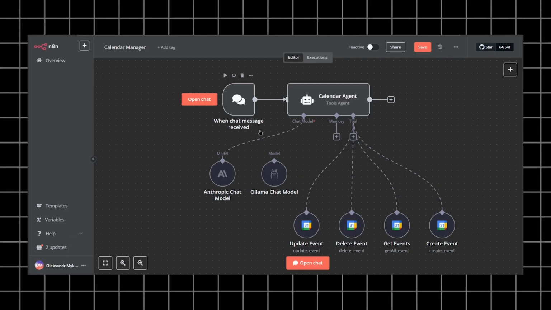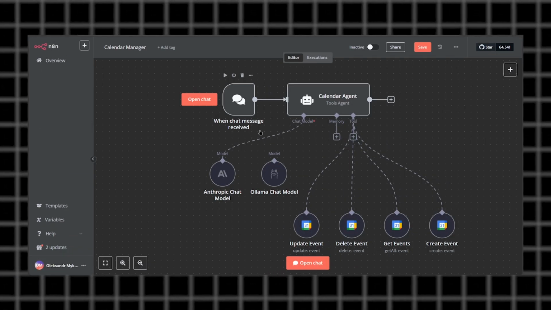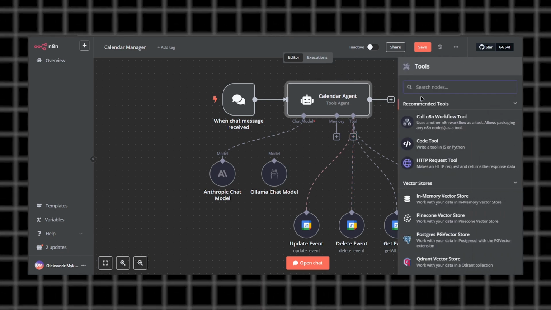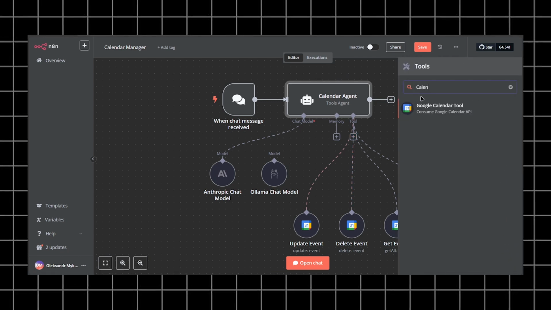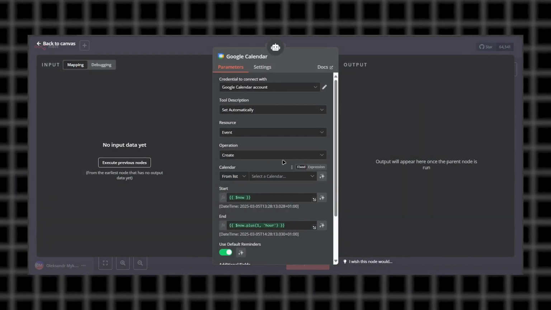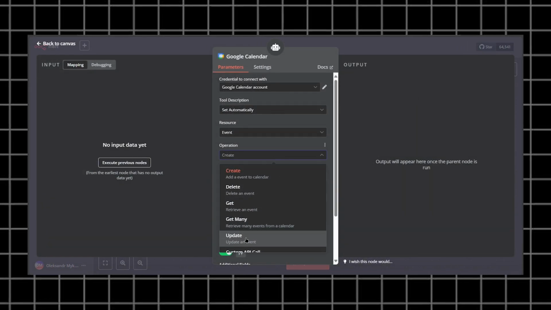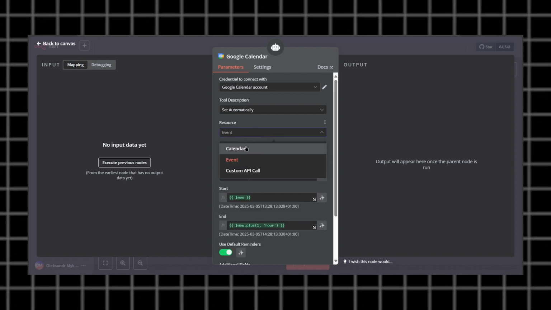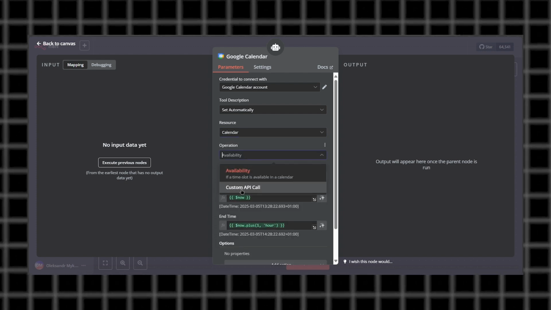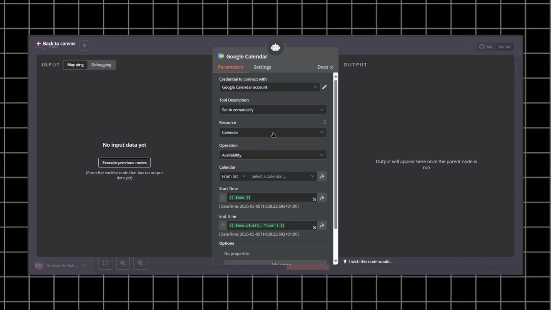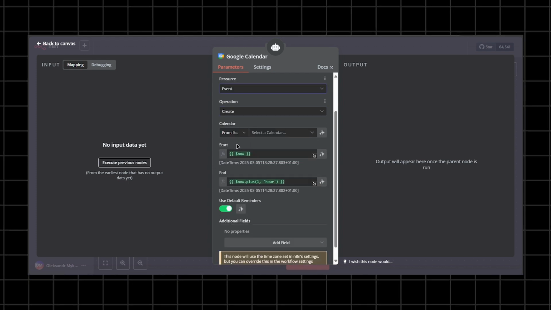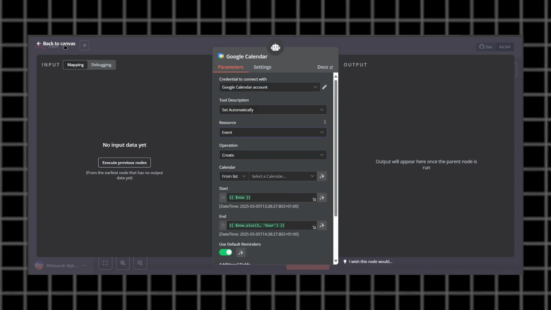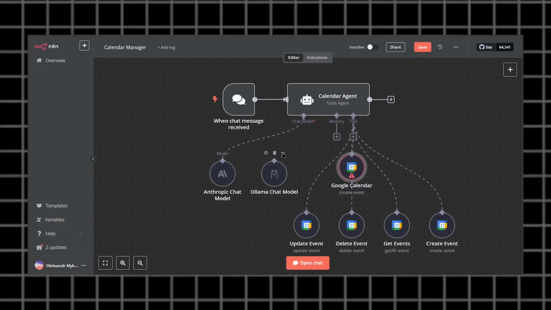If you're not satisfied with the functionality we already have, you can go to tool, select this plus, and add another calendar tool. For example, you can specify in operations something like custom API call, or choose not events but calendar, and there are other options for you to choose from. And then you can specify some other parameters you want, but for me our functionality is enough. So okay,